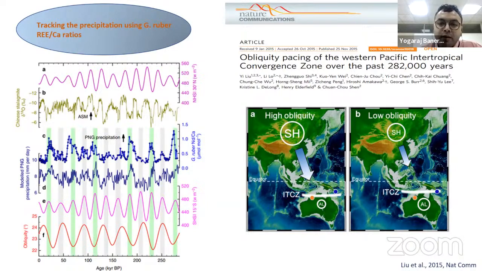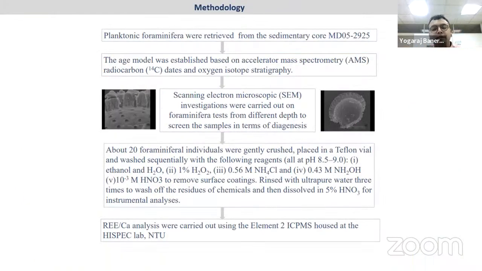So what we did now is that we tried to extend this record for the last 600 kilo year. So this is the methodology part of the work that we are doing. I am not getting into the greater details, but what is very important is that in case of rare earth element analysis of the forams, it is